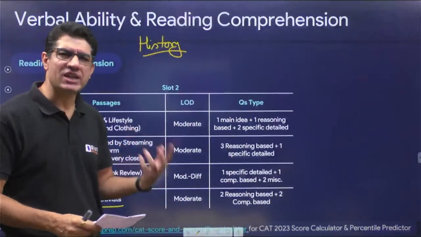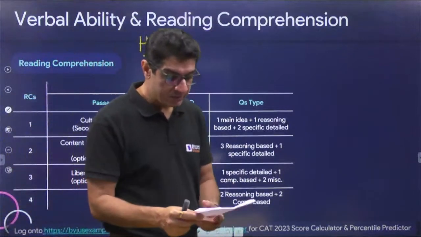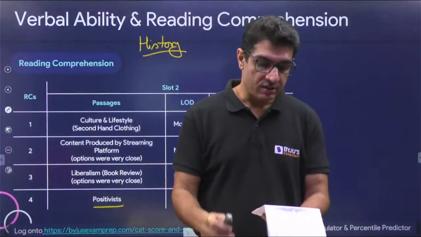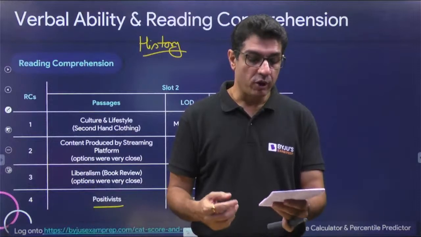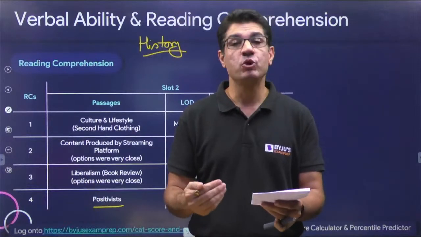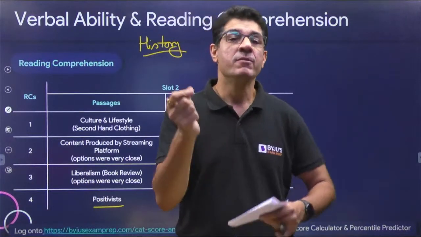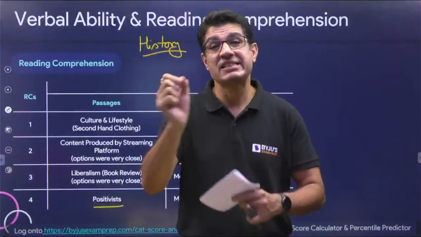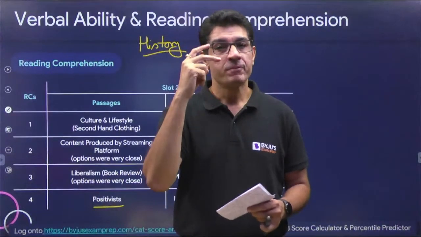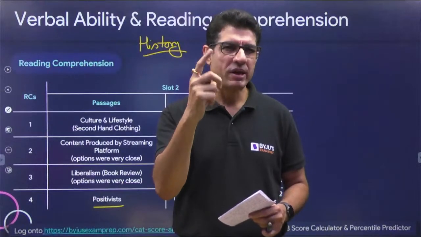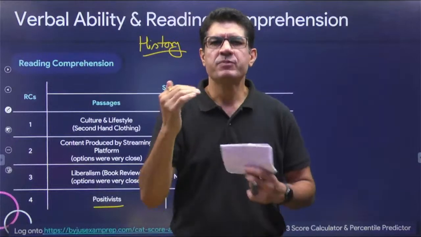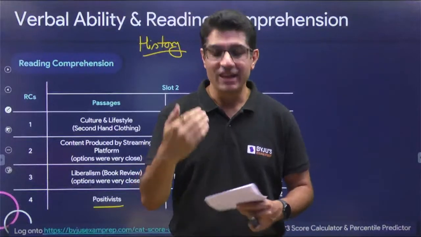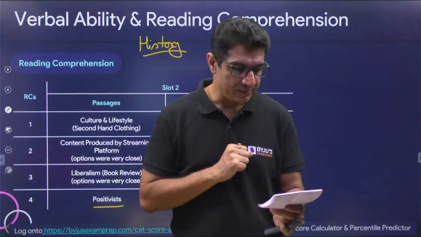So slightly challenging to read, but then if I look at the questions, there was a question that asked which of the following describes the common sense view of history, except. Now the problem is, common sense view was used in the first paragraph and the second paragraph. So you had to refer to two different paragraphs. This in itself adds a layer of complexity.